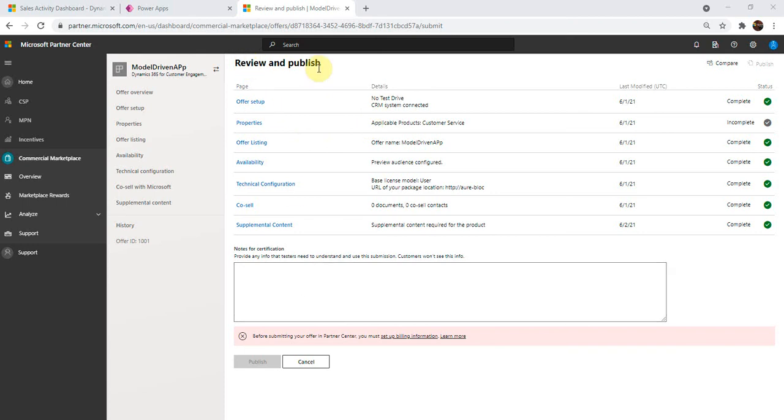Once it is published, it would be submitted to the Microsoft team, wherein it would undergo the necessary checks. The team would get in touch with you for any modifications which are required. And once everything is ready, it would be given the go-ahead by the team and your app would soon be listed on the Microsoft App Source.